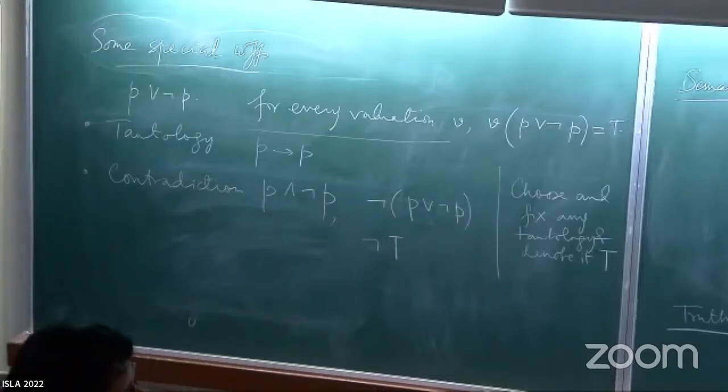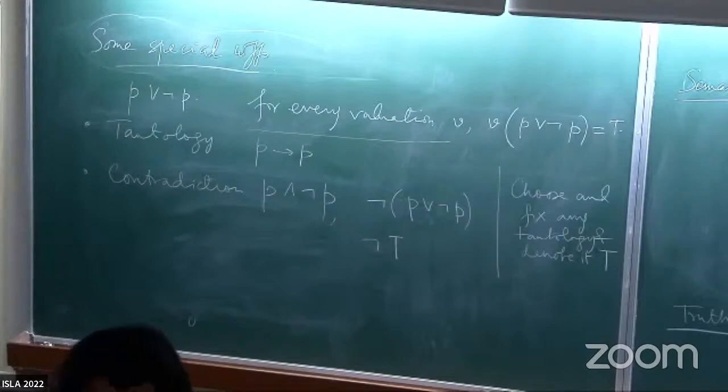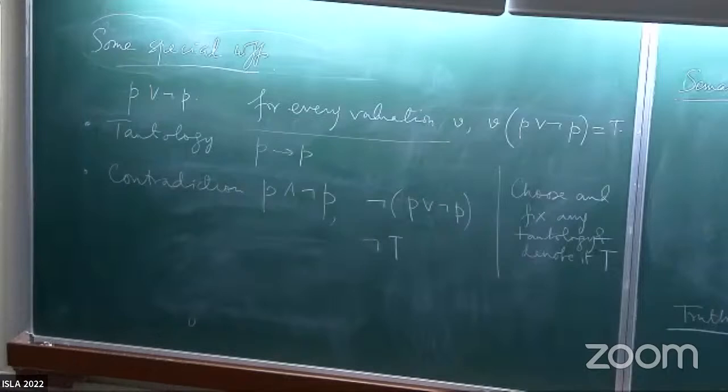No. So why are we confusing these two? That's for that very special formula, right? I did not say that that's a tautology. Oh, I see. Yeah. That's very different. All right. That's very special. That has exactly one valuation which makes it true. Right. And it's going to be false under every other. So there's no question of it being a tautology.